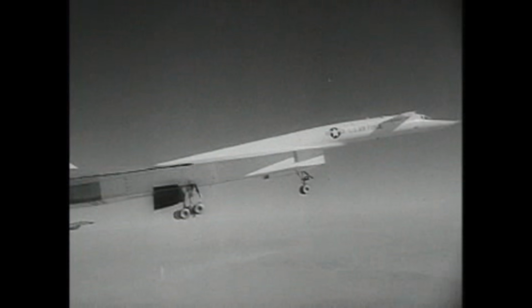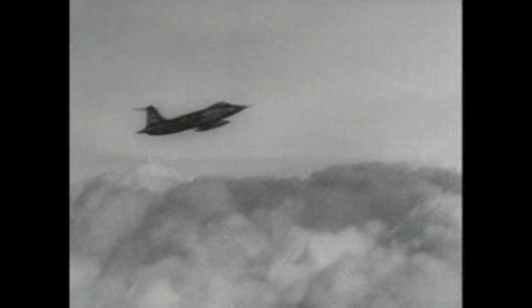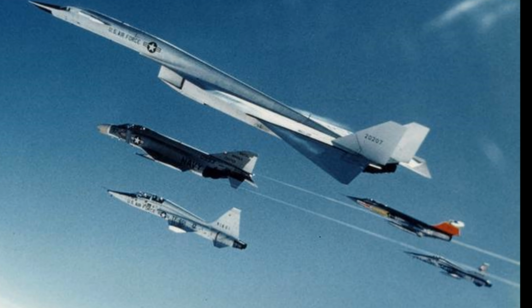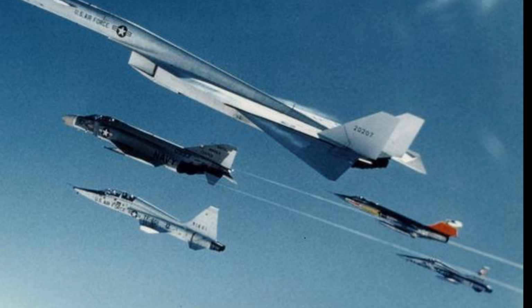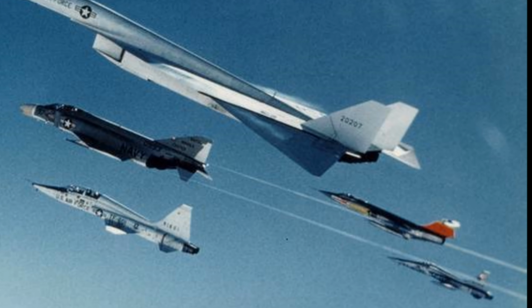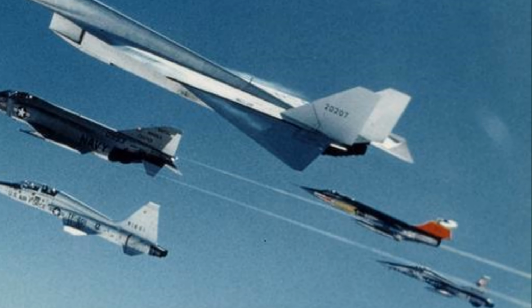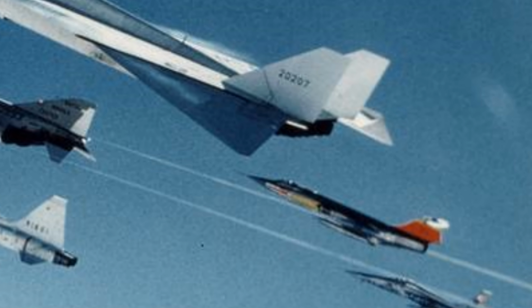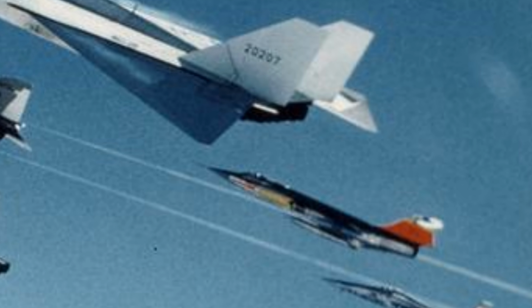Then it came time to break formation. As Walker went to separate, he clipped the wing of the Valkyrie. The XB-70 had been flying with its wingtips lowered, configured for low-speed flight. This not only placed them in an odd position behind Walker, but meant more air disruption behind the wing. Walker likely never saw the wing before the collision, and it is possible the airflow behind the wing sucked him